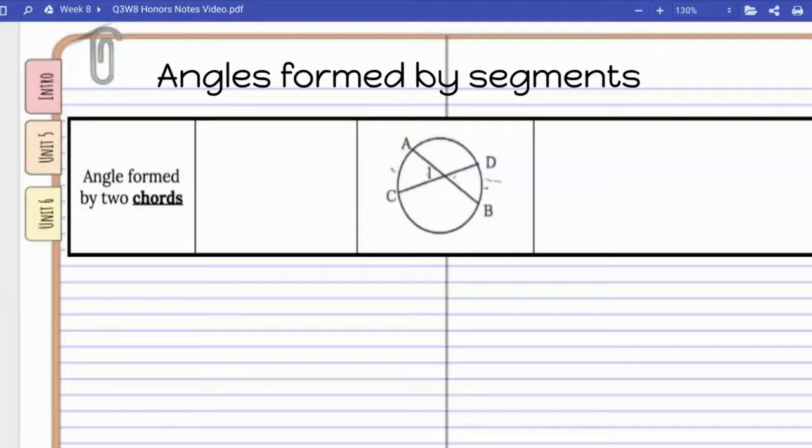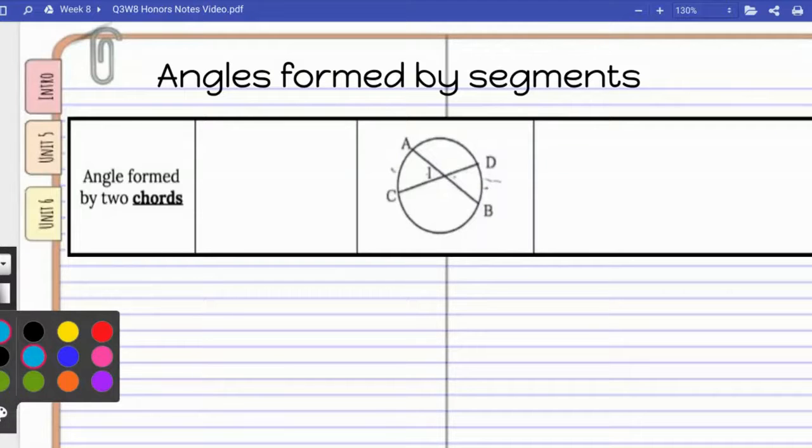In this picture, we have two angles that are being formed by two chords. When I look here, the vertex of these angles is somewhere inside. It's not exactly at the center. It's just somewhere inside the circle. So anytime you have two chords and the vertex of the angles are located inside the circle, we have to do a little bit more. Well, my angles are right here, angle 1,